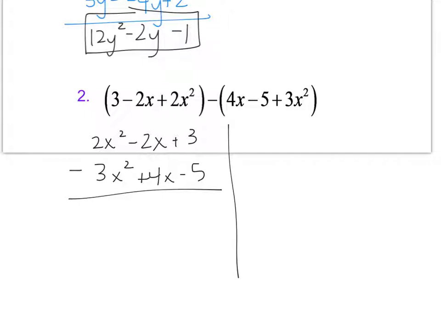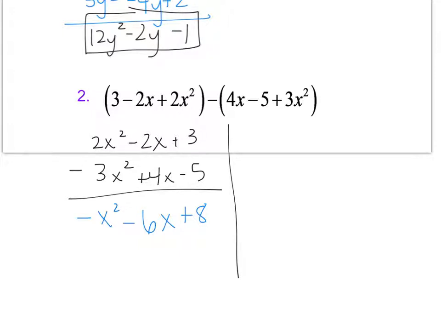For example, 2x squared minus 3x squared. 2 minus 3 is a negative x squared. Now a negative 2x minus 4x. A negative 2x minus 4x is negative 6x, and 3 minus negative 5 here is a positive 8, because two negatives make a positive. Or if that was tricky to follow and making sure to subtract every term, what we could do is